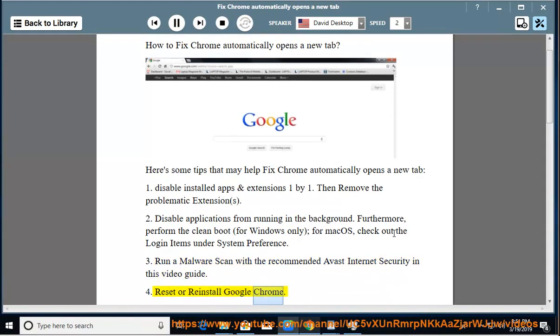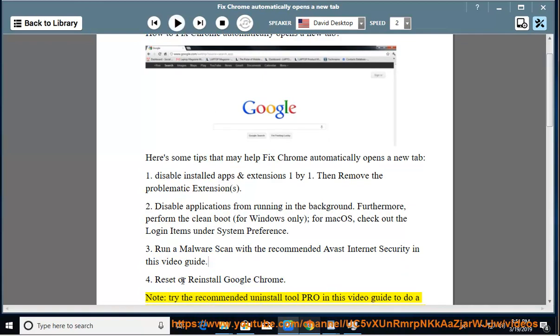Reset or reinstall Google Chrome. Note, try the recommended uninstall